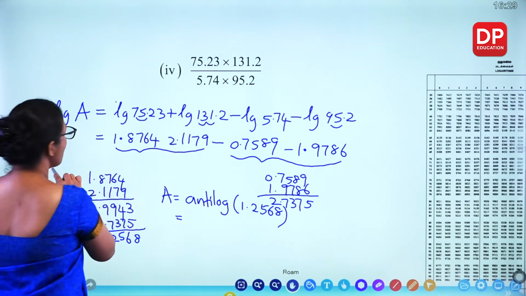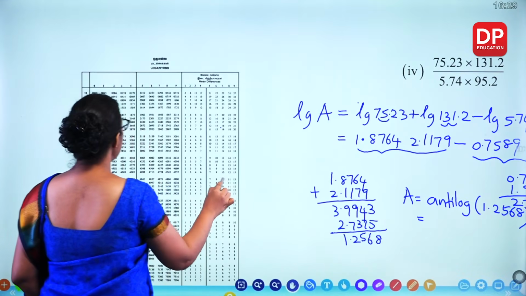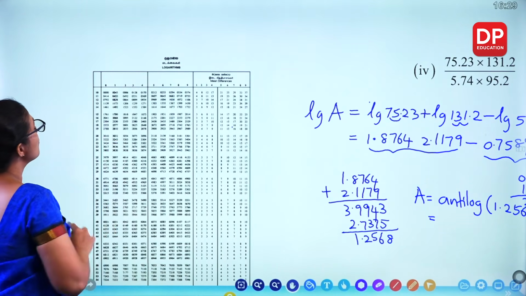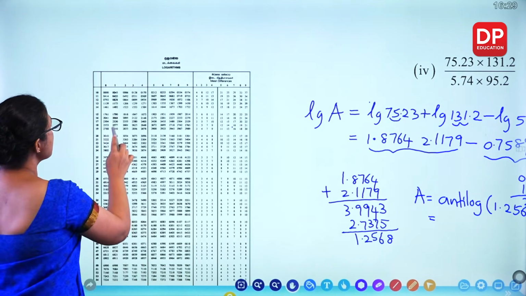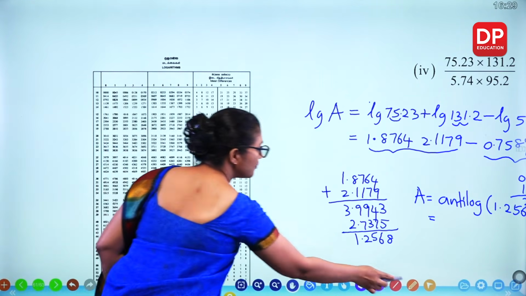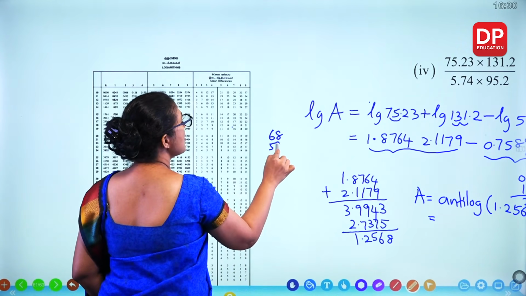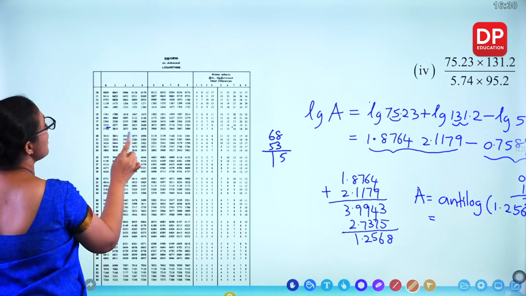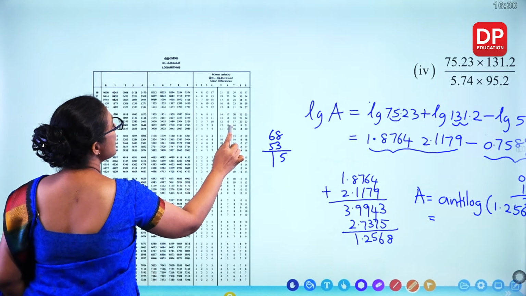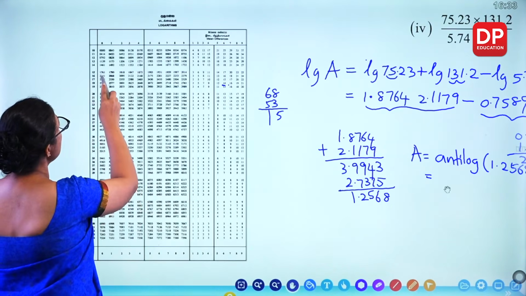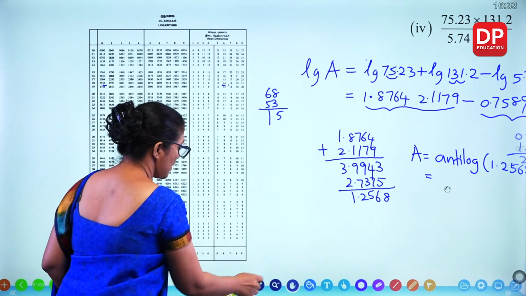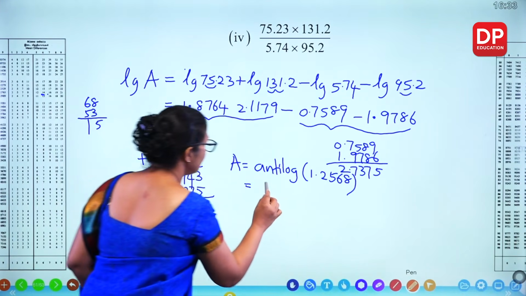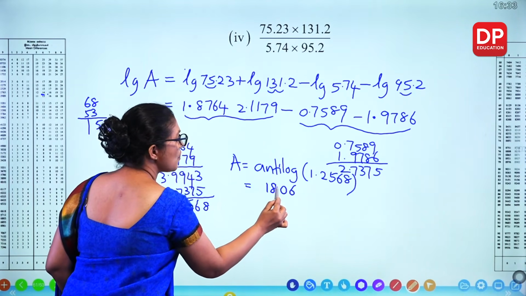2568. From the first table you can get 2568. Two, 5, 6, 8. Here 53 is there. 68 minus 53, you need another 15. So we'll take 14, 18, 0, 6. So the value is 18, 0, 6. And the characteristic is 1. So the answer is